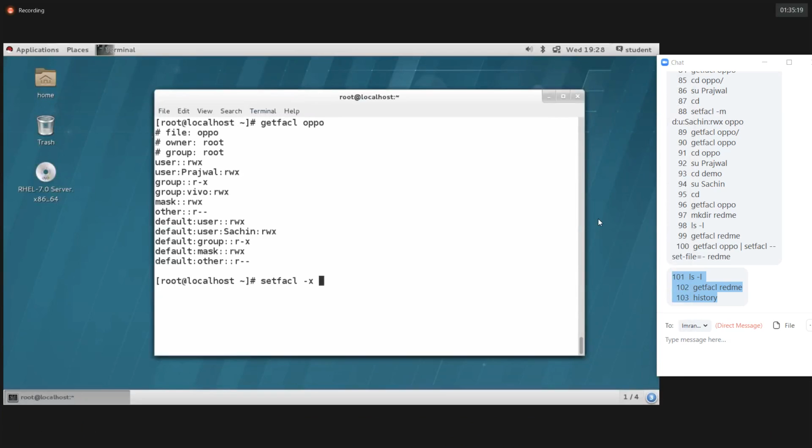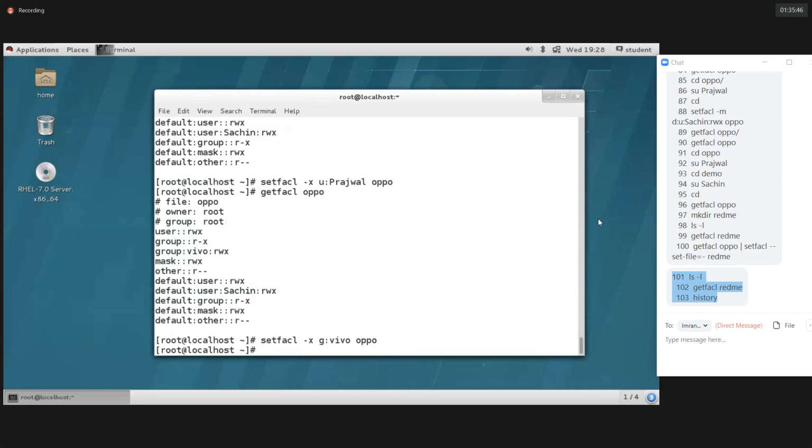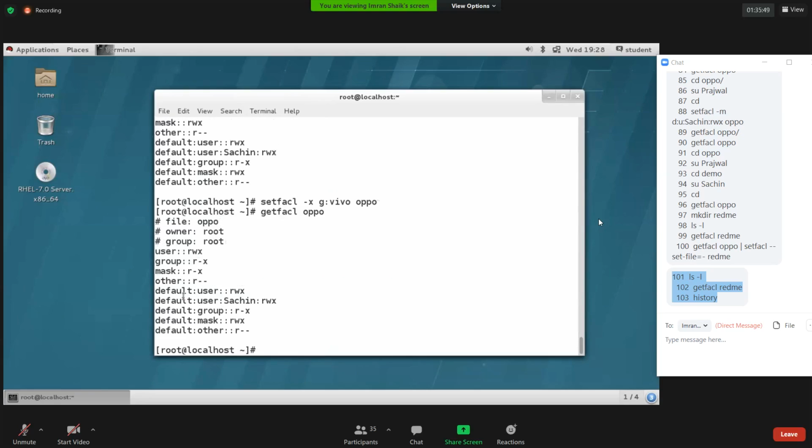I'm removing the permission for the Prajwal user account, and the directory name is Oppo. See, Prajwal doesn't have any ACL permission. I'm removing the Vivo group: x g colon Vivo.